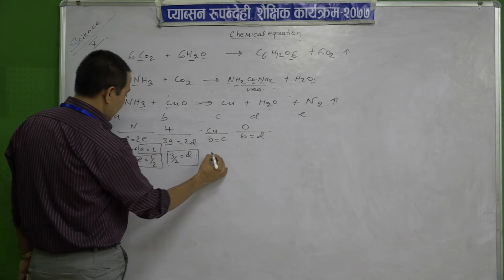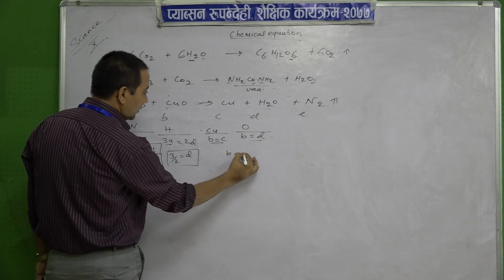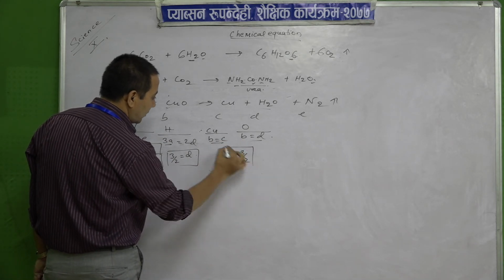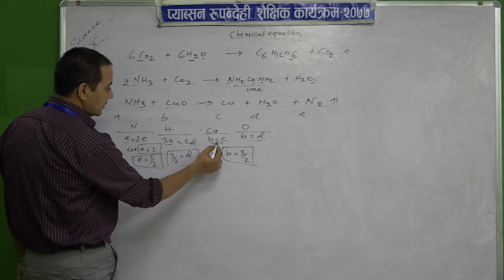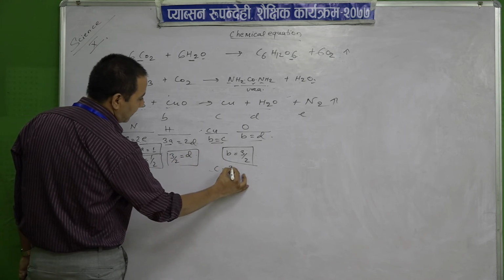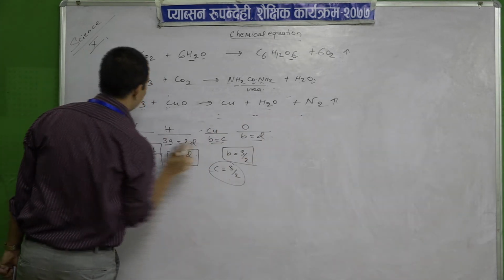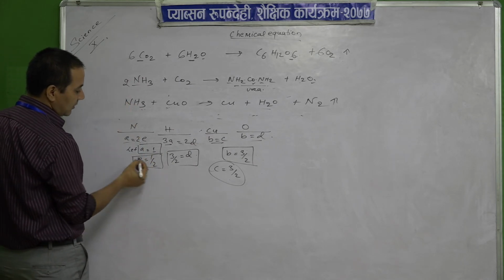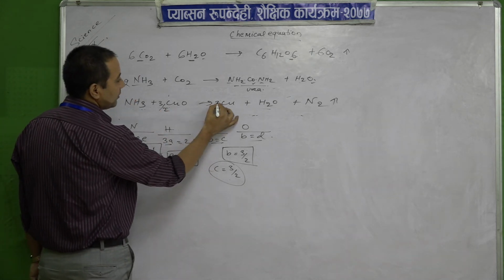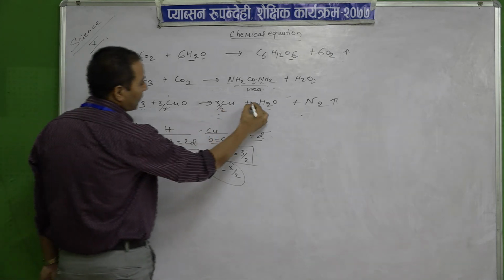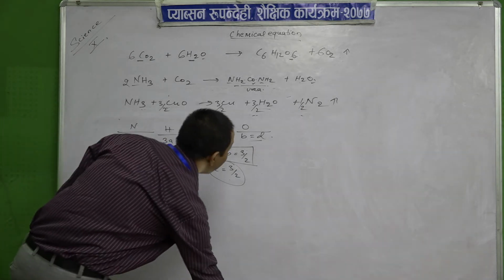Where is C? Yes, C equals to B. So we have to find out the value of B first. So B equals to 3 by 2 because the value of D is also 3 by 2. So C will also be the value of B, meaning 3 by 2. So now what does it come to? A is 1. B how much? 3 by 2. Okay. Then C how much? 3 by 2. D how much? 3 by 2. And E how much? 1 by 2. So these types of equations you have never seen, isn't it?